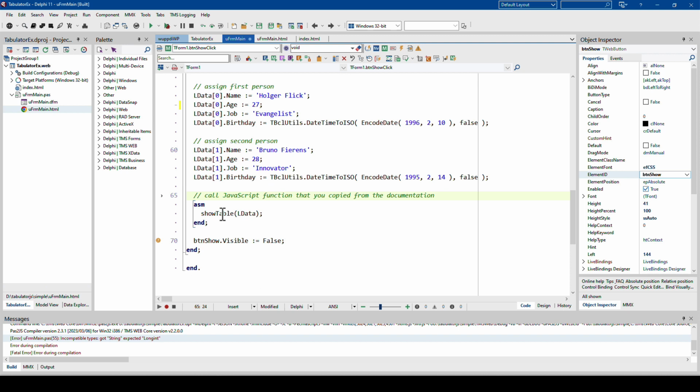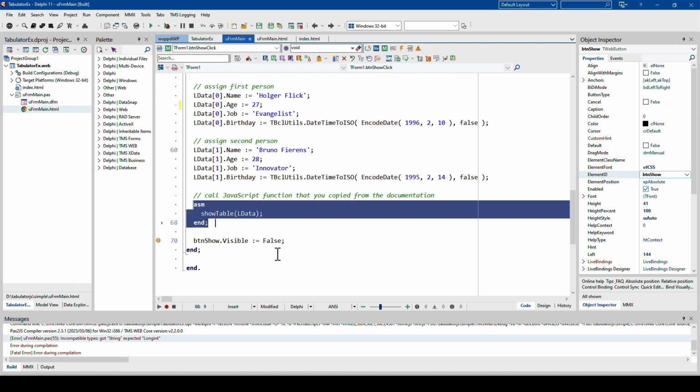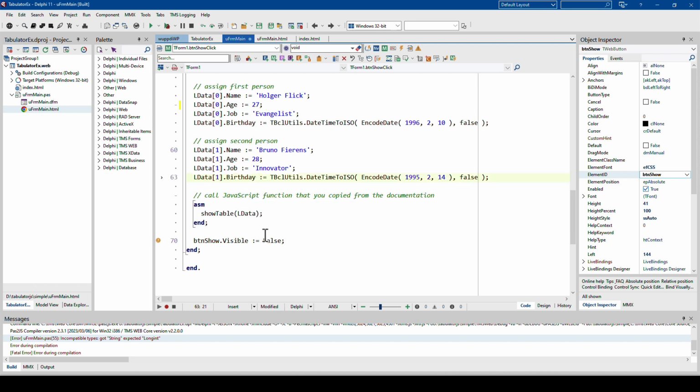That's it. So the final piece of the puzzle is what is inside of the showTable. Is it a function? Is it a procedure? What is it? Well, it is JavaScript because as soon as you write ASM, kind of like in Delphi, if you write ASM, it means assembler, and the assembler of TMS Web Core, that's how I remember these things, is JavaScript.